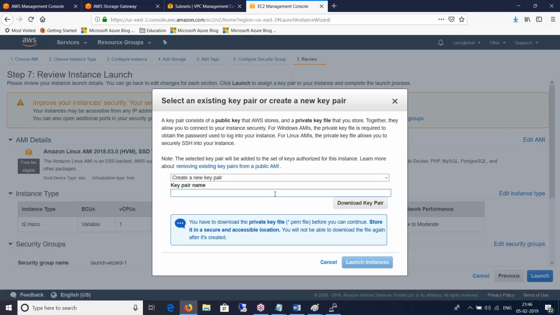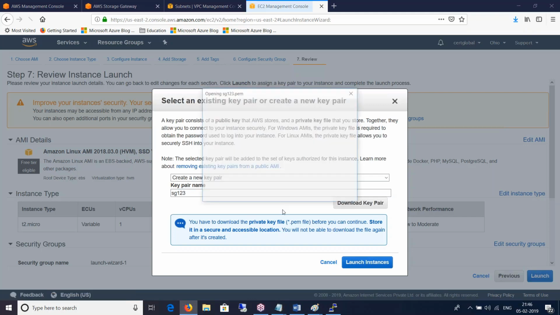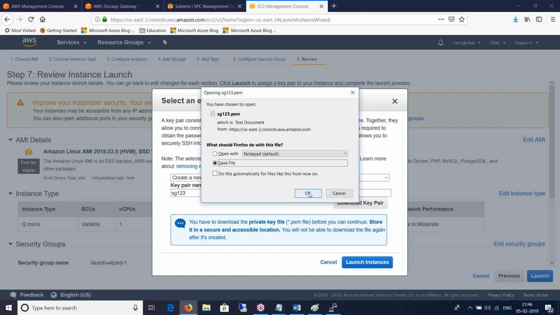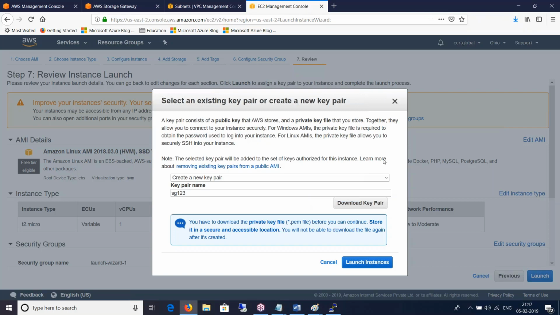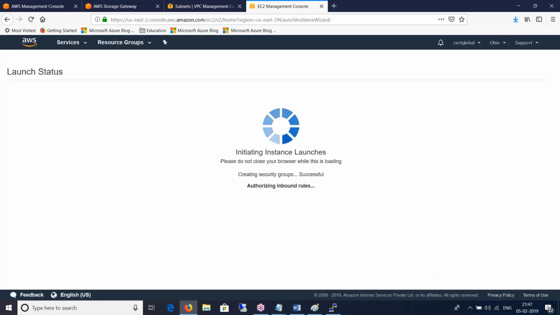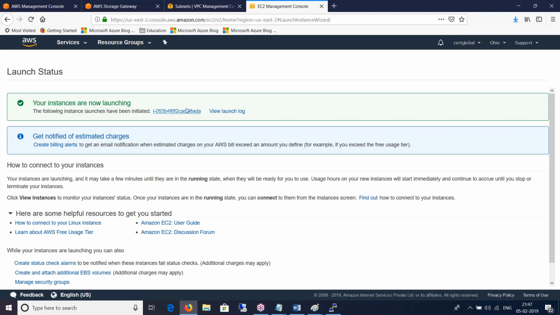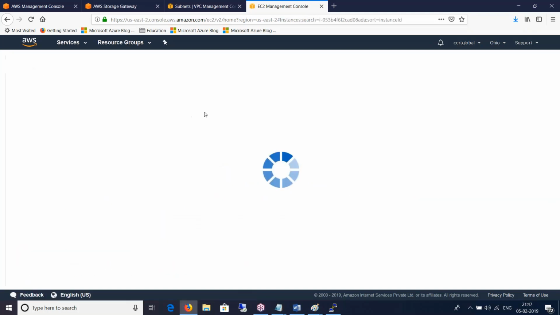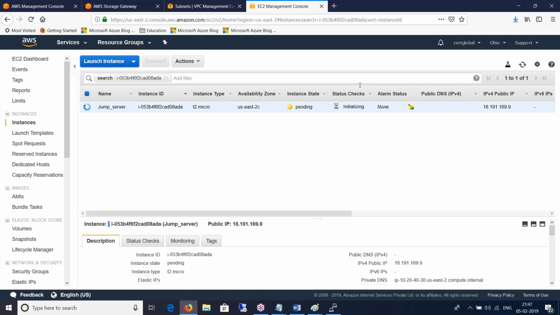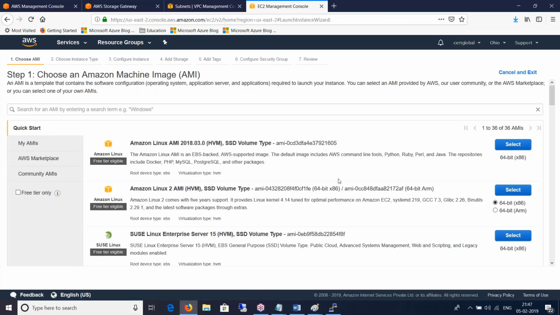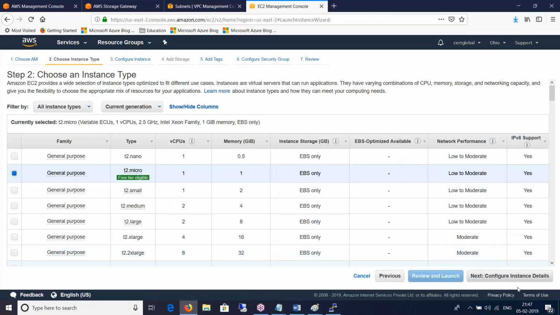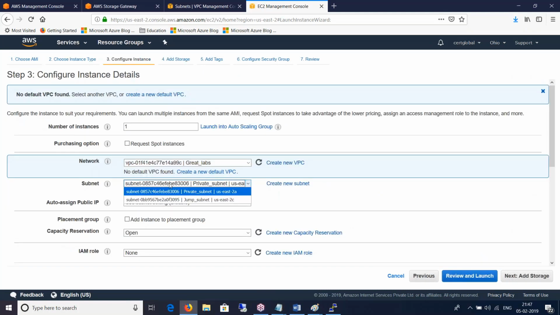That's bad. SG123, okay, doesn't matter. In the lab it doesn't matter. In production we follow the naming standards. Okay, that's downloaded. Launch instances, and while this is busy preparing itself, going through step 1 and step 2, doing the status checks, I will quickly launch a second instance in a private subnet this time. Yeah, it goes into private subnet, and do not want to give it a public IP at all, right? Because we want to go through the NAT gateway setup.